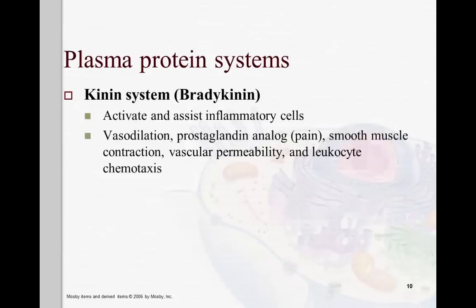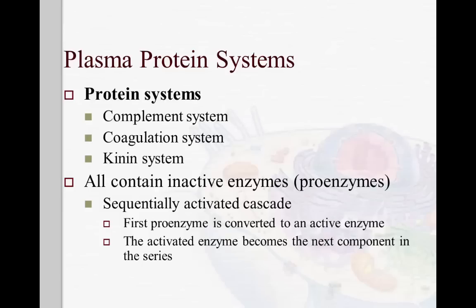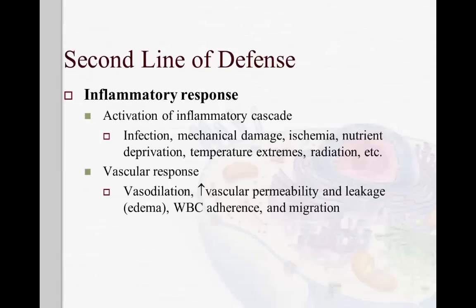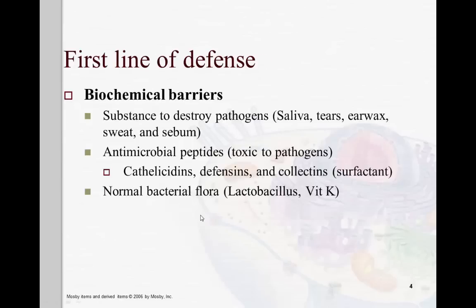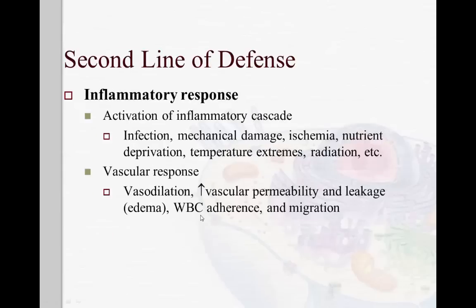There's another complex of protein systems that is called the kinin system. In the kinin system, we have the bradykinin. The bradykinin is one of the main products that are released in the kinin system. What does it do? If you go back to the initial stage of the PowerPoint, the vasodilation, increased capillary permeability, and edema. So the kinin system